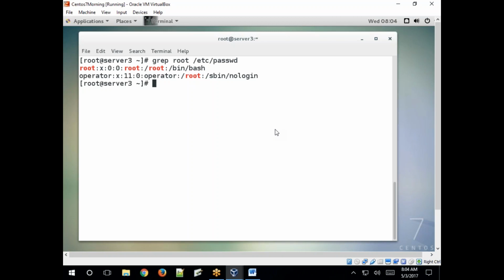For example, the port number. If you want to check whether a particular service, SSH, FTP or web server, is using the default port number or another one: the web server listens on default port 80, SSH on 22, like this.